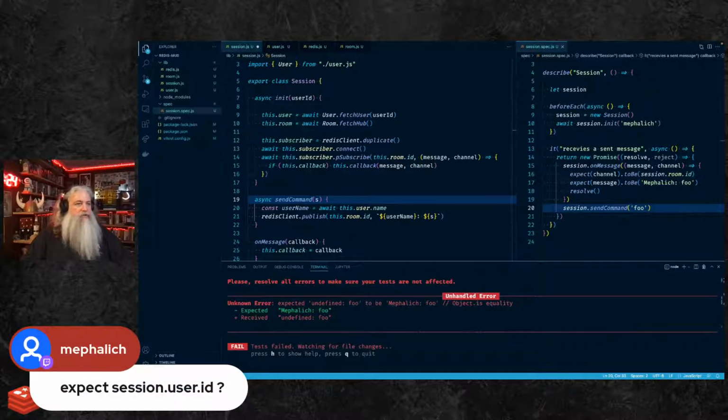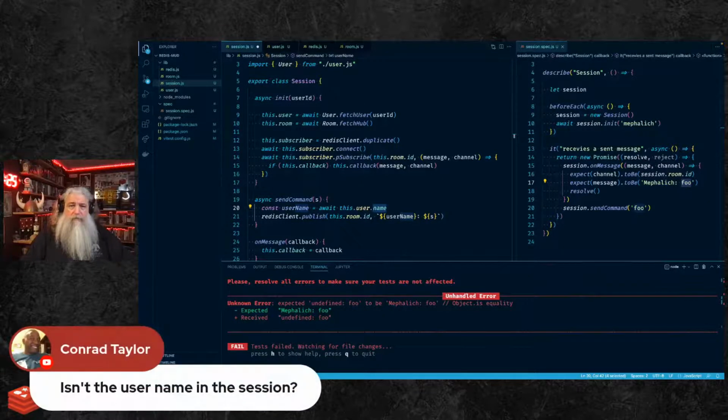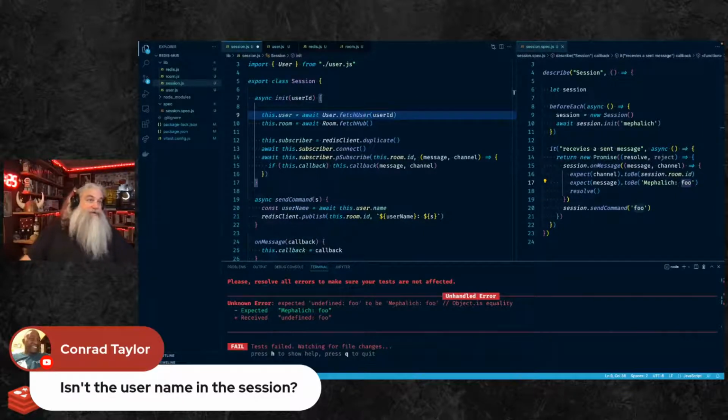Spec session.user.id. No, because the channel is still the room name, and then this should be methylich::foo. What's happening is the name's not coming back. Isn't the username in the session? It was, but I have embedded it into the user instance instead. And so now it's not working.